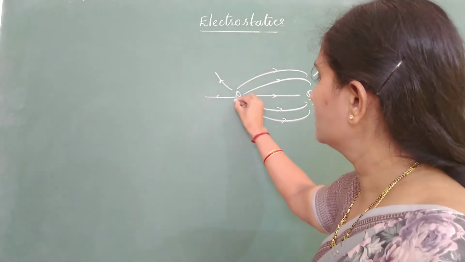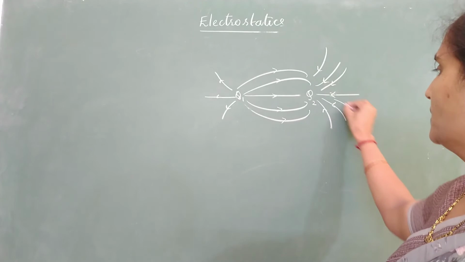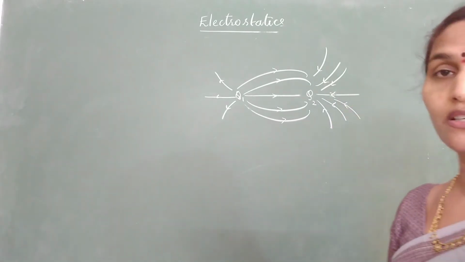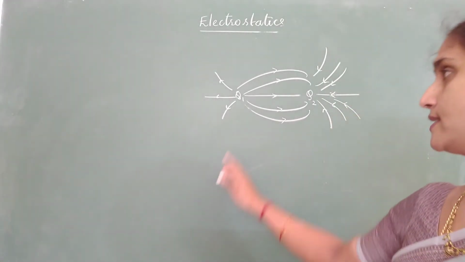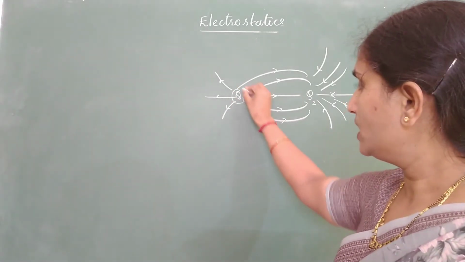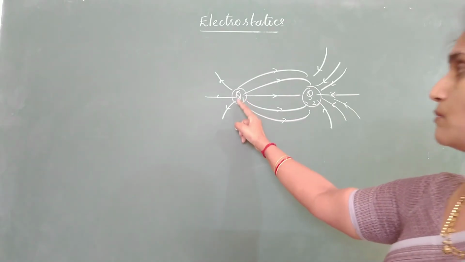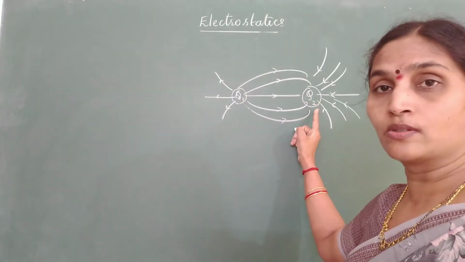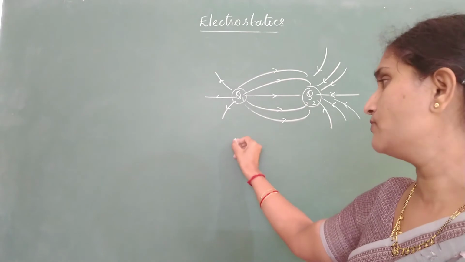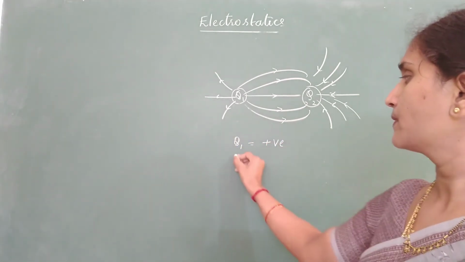Okay, this is how the distribution is given. Now from this, options are given. Okay, what can we say about Q1 and Q2? So observe the field lines emerging from Q1 and Q2. Since field is moving from Q1 towards Q2, what is the first inference you get? Q1 is positive charge,